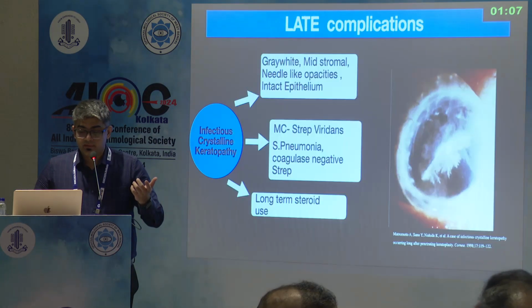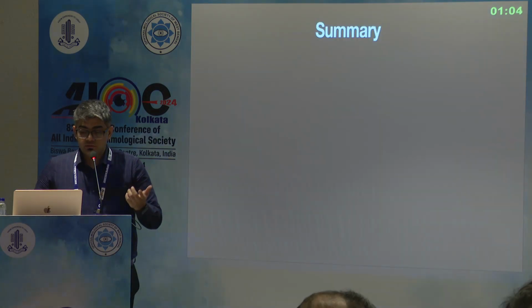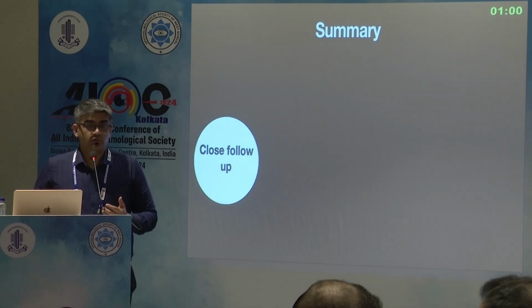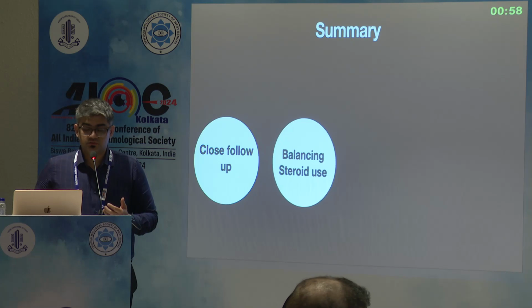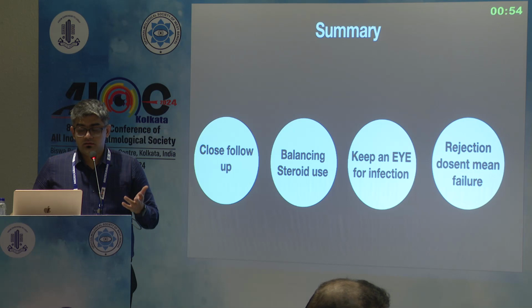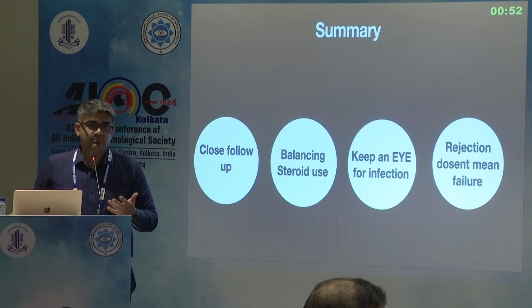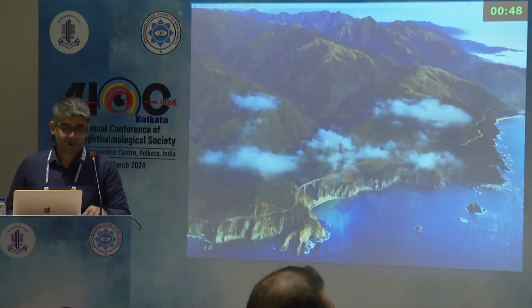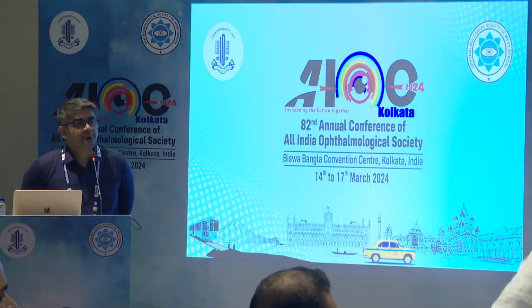To conclude, whenever you are managing a post-PK graft, close follow-up is very important initially. You have to watch out for infection and always balance the steroid use. And if graft rejection happens, it does not mean the graft has failed, so always fight for it. Thank you. Just when you're using cyclosporine, Sir,